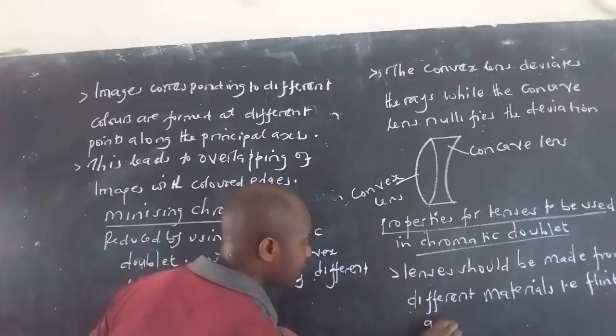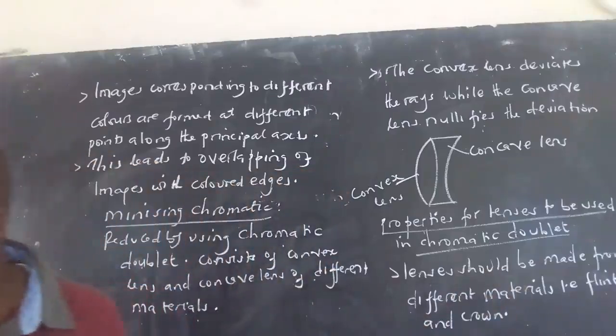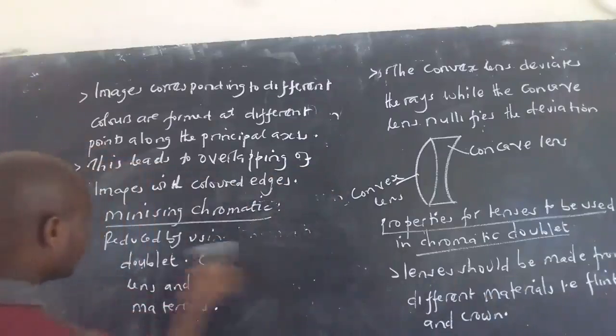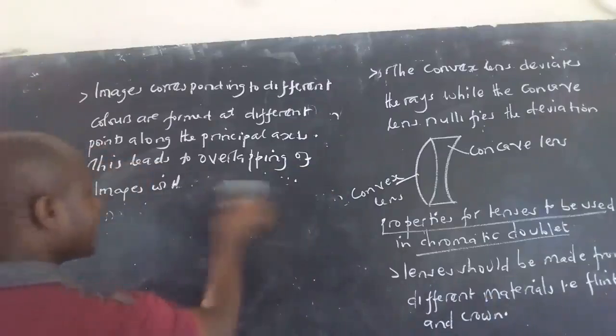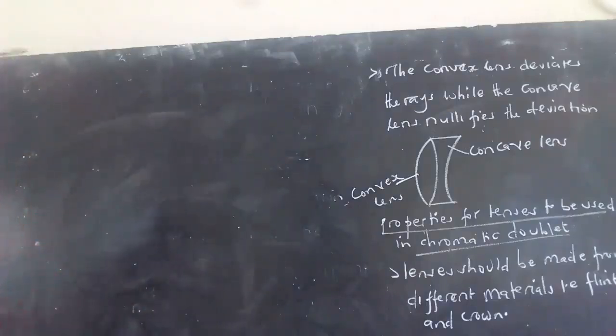Flint and coal. Those are two materials that these lenses should be made from. Then another one, we can now say the ratio of their focal length should be equal to the ratio